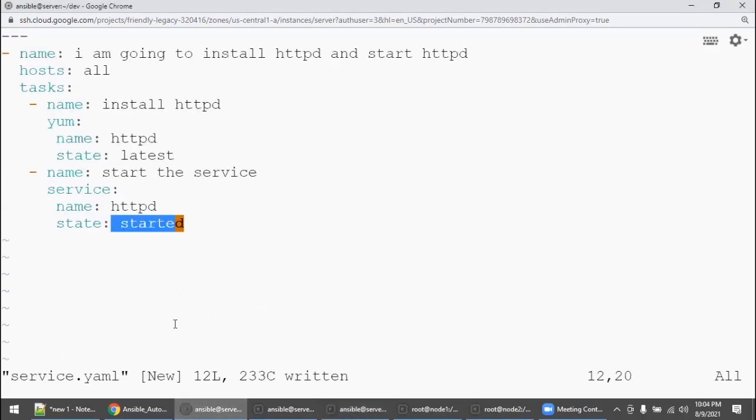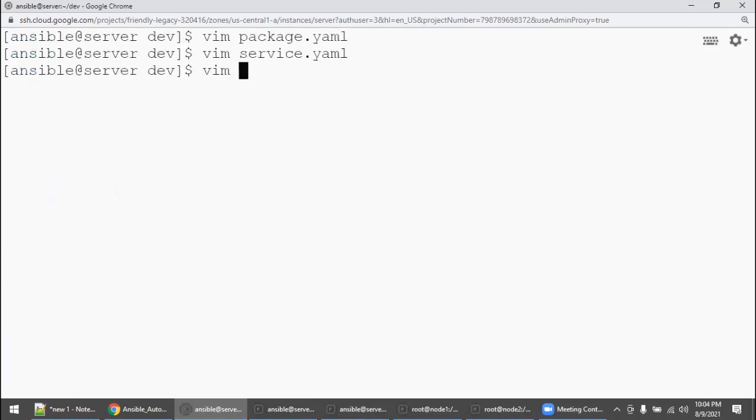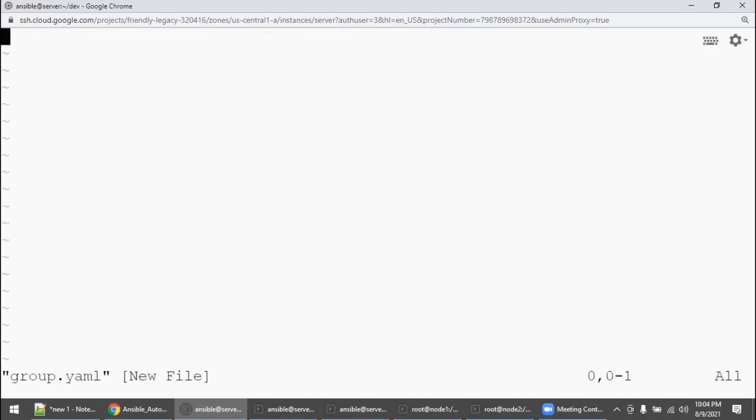So let's go here. I'm going to exit this. So vim group.yaml. Again, enter name. I want to create users and groups.